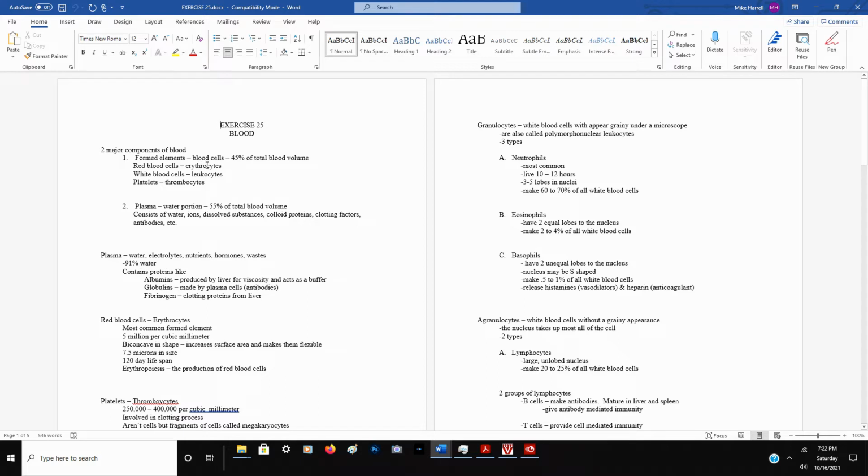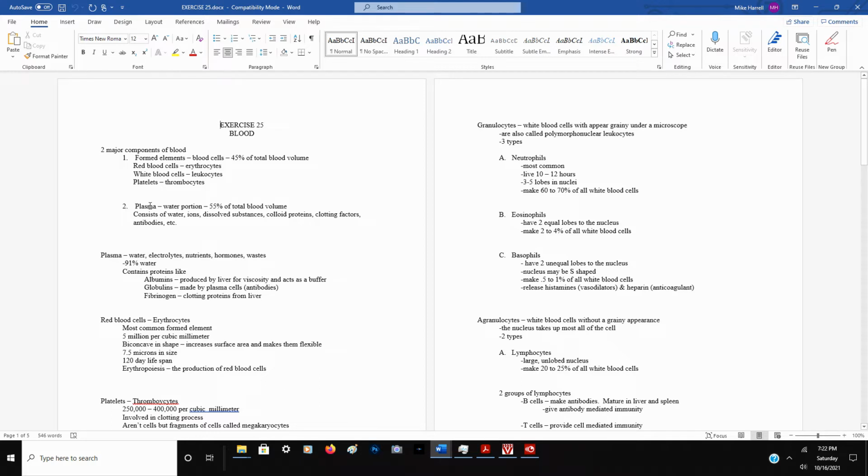You hear that, erythro, in physiology and anatomy class? Think red blood cells. White blood cells are leukocytes. So you hear that leuko go with these. And platelets, thrombocytes. So that prefix thrombo will go with the platelets. So there's your cells. Now most everything in the blood is moved around by the watery part we call the